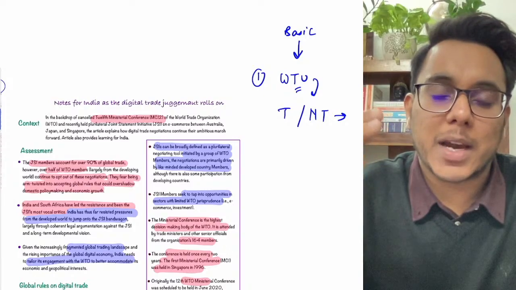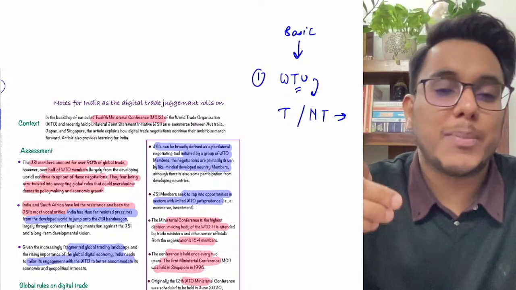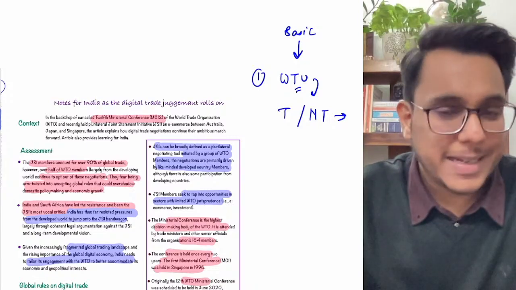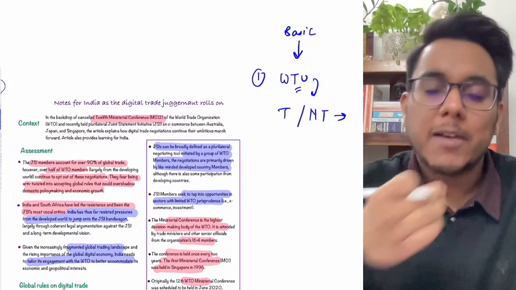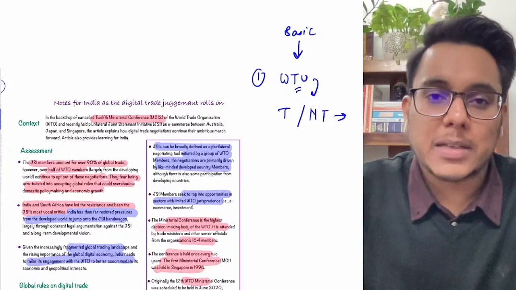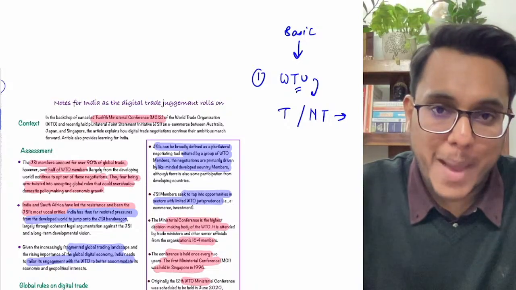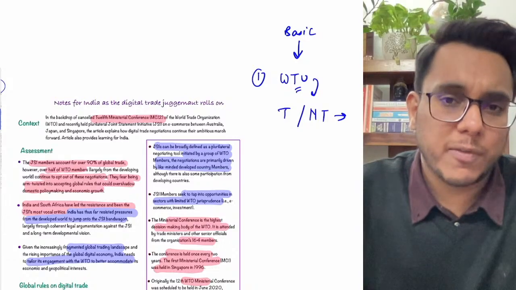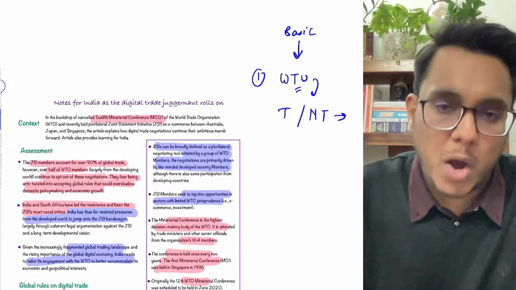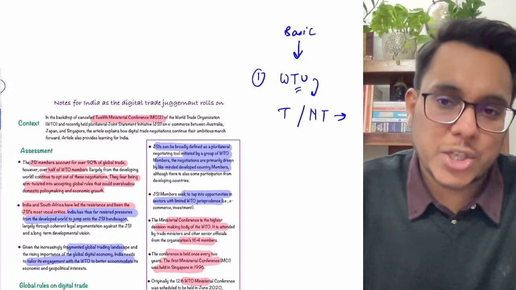Then the non-tariff barriers are there. Some technical conditions you impose, some sanitary and phytosanitary measures you impose onto the goods. For example, guys, what happened? A few years back, the UK said that we will not import the Indian Alfonso mangoes. Why? Because they said that a fruit fly had been found in one of the boxes. So the country said that we will not import because they are unhygienic products.